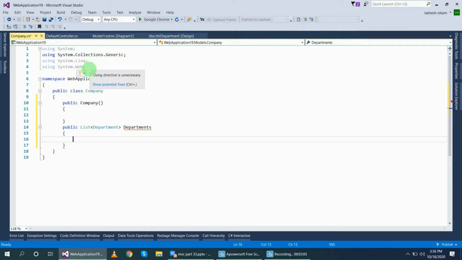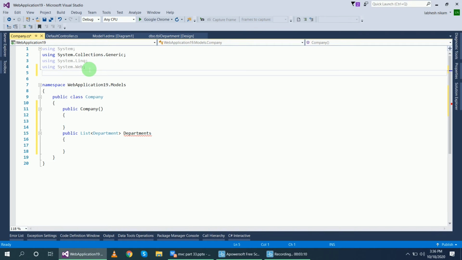Before calling the entities I have to reference the data entity model, which is in the Models namespace. So using WebApplication19.Models. Now call the entities.